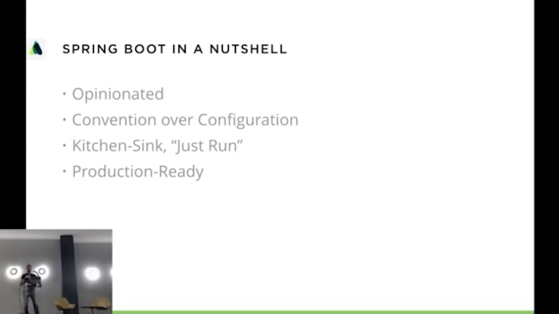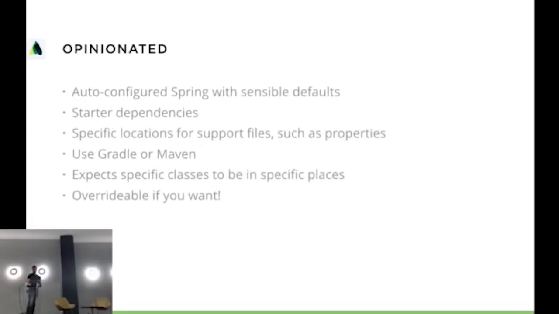Previously, that would have been a fallacy of 1,000 lines and more of XML configuration to get Spring Security into your Spring MVC application. And I think what is very interesting today is that it is production ready. It gives you a lot of features that help you ship this application to production right away. And when I say production ready, it contains things that the 12-factor app stipulates to be really important, like health checks, metrics, and all those things that you would need to add manually if you were to implement them from scratch.